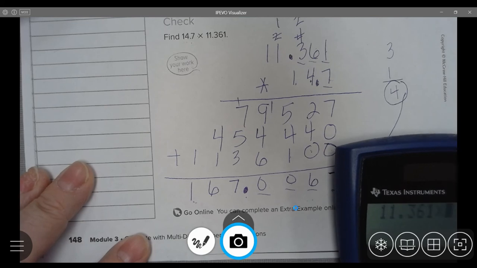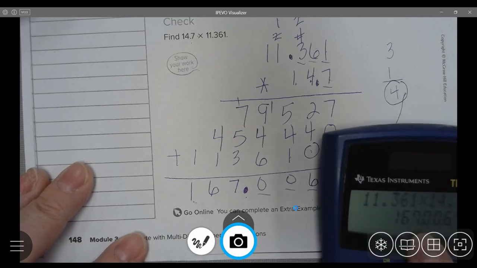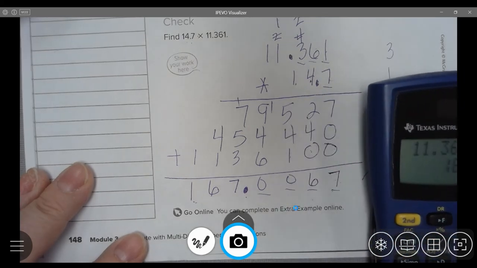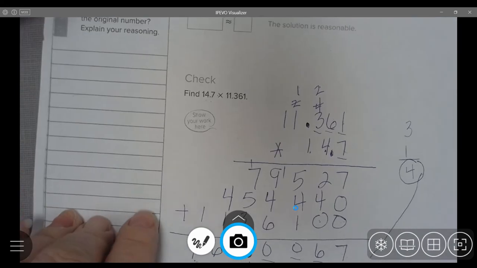11,361 done. 14 and 7/10, and I would get the same answer, 167 decimal 0067. Continuing on,